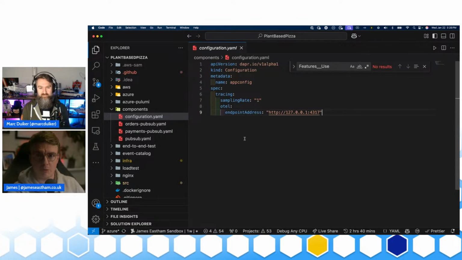There's a lot of manual trace propagation. When you're consuming an event, you need to manually get the trace context, extract the trace context, and continue the trace. So observability can be quite a tricky thing.